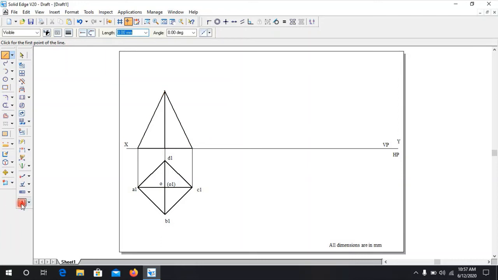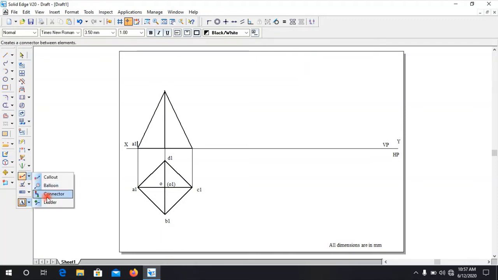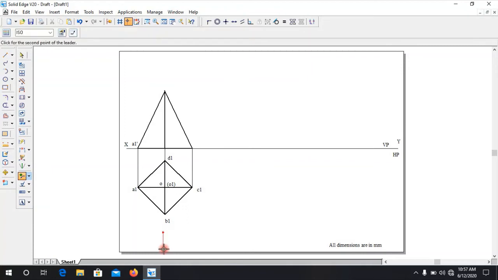Here this point is A1 dash. A1 dash is visible when you observe from the front side. The observer will be located here. When you observe from here, this point A1 is visible, B1 is visible, C1 is visible, but D1 is not visible. Therefore, these 3 points will be written outside the bracket and D1 will be inside the bracket.